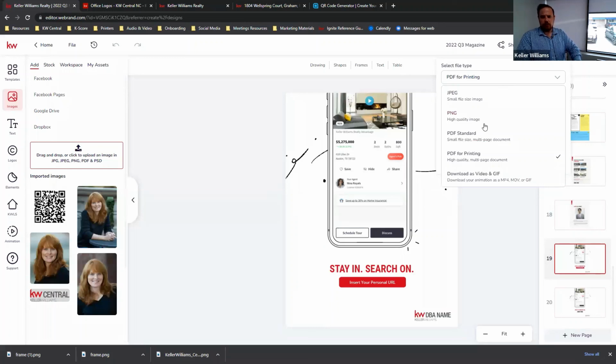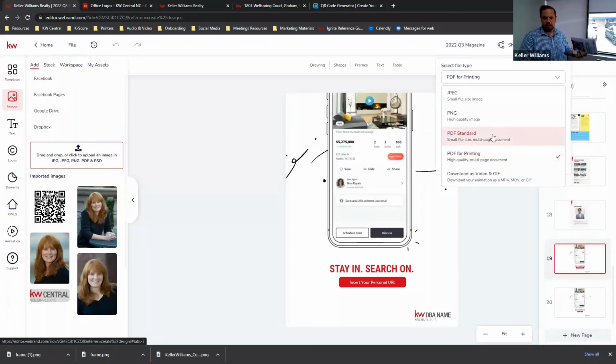I don't know why this is, but whenever I did both versions, I did the PDF for printing and I did the PDF standard. The PDF for printing was almost too intensive. So like the L's kind of looked weird. Anytime it was like double L, it had an odd shape to it. So I did not go with the PDF for printing whenever we did his. At the same time, it still came out fantastic doing the PDF standard.